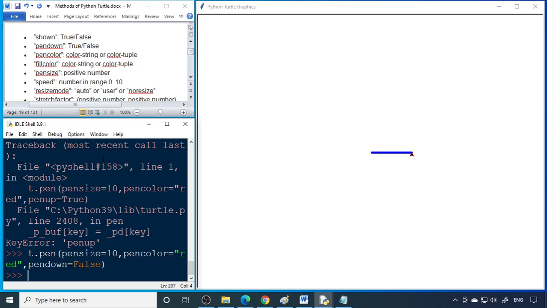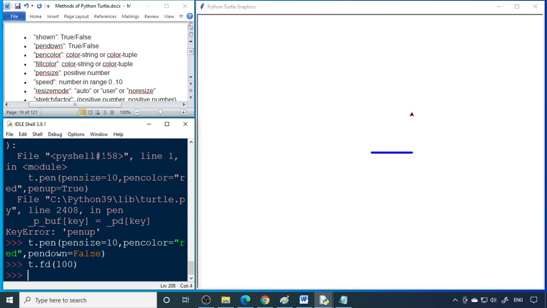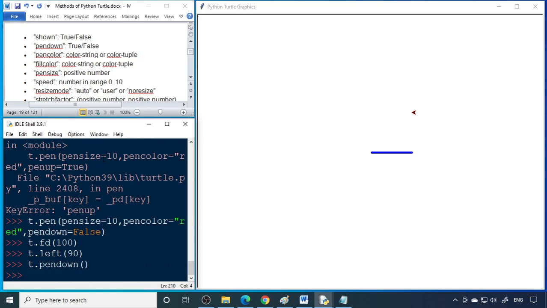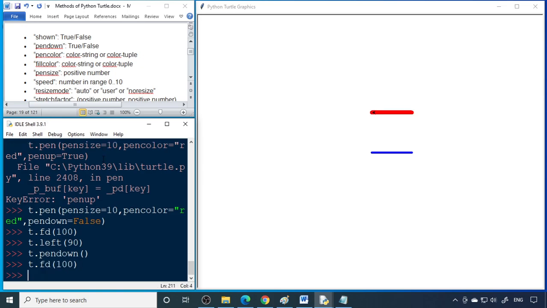Now you can see t.fd 100. The cursor moves up. Now you take a left turn again, t left 90. Then pen down, so you have to make it true. So t dot pen down should write. Now you have t fd 100.